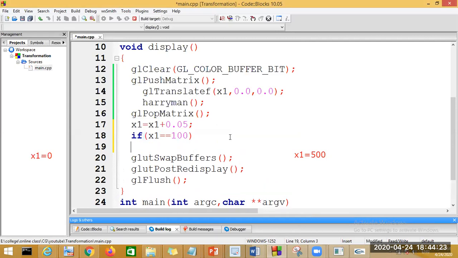Only Harry will be present. You don't want to do any translation. So if x1 is greater than or equal to 100, Harry man. Okay, so let's see what will be the output for this one.